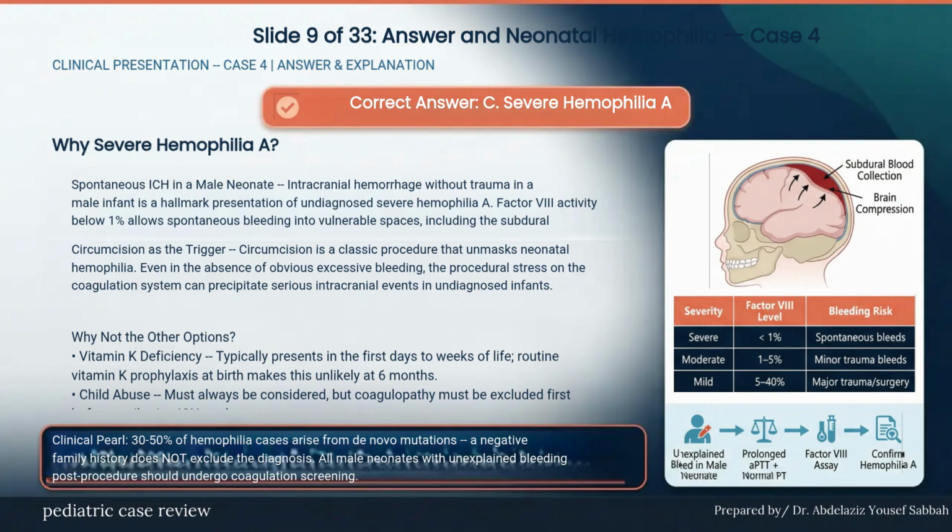Vitamin K deficiency typically presents in the first days to weeks of life, and routine vitamin K prophylaxis at birth makes this unlikely at 6 months. Child abuse must always be considered, but coagulopathy must be excluded first. Idiopathic thrombocytopenic purpura causes mucocutaneous and platelet-type bleeding. Subdural hematoma without thrombocytopenia is atypical. Critically, 30 to 50% of hemophilia cases arise from new mutations, so a negative family history does not exclude the